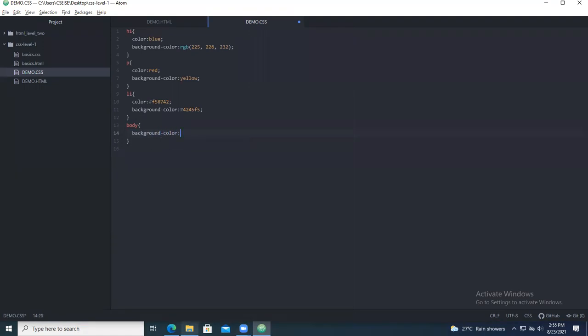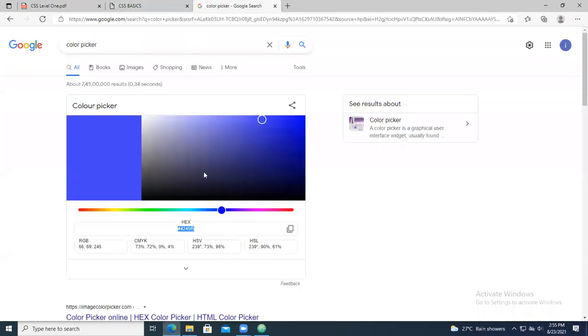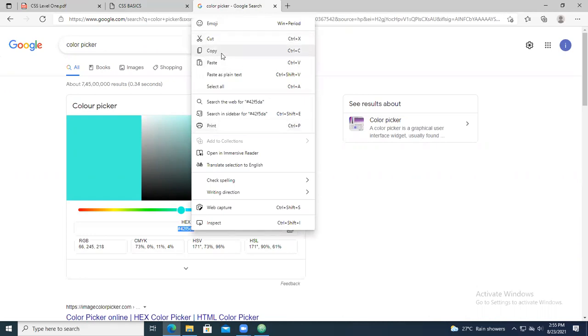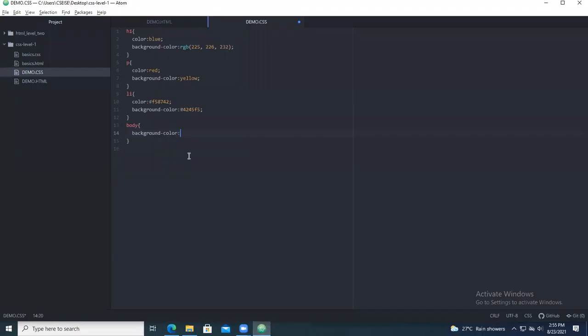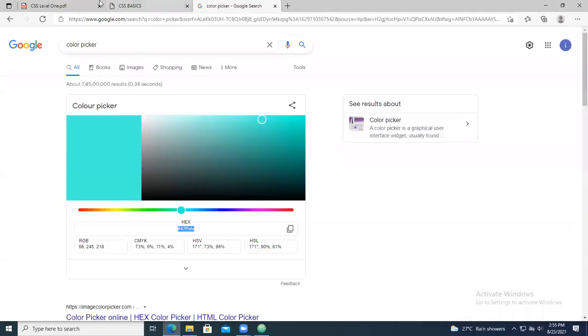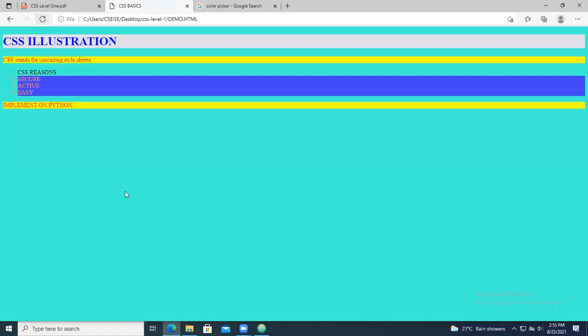Okay, so which color you can pick. So background should be very light in color. So background color, I am giving something called this value. So copy this thing, Atom text editor, you paste that value. Okay, this is the hexadecimal value we have taken. So save the content and run. So here you can see you are getting everything